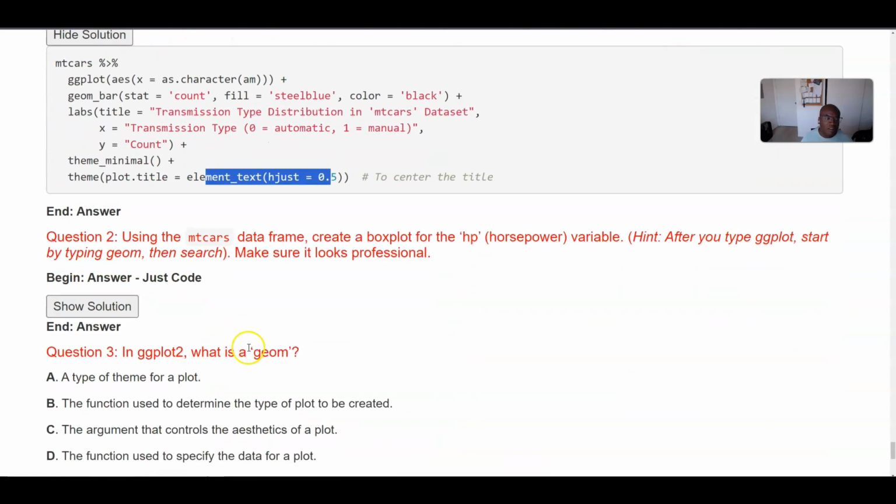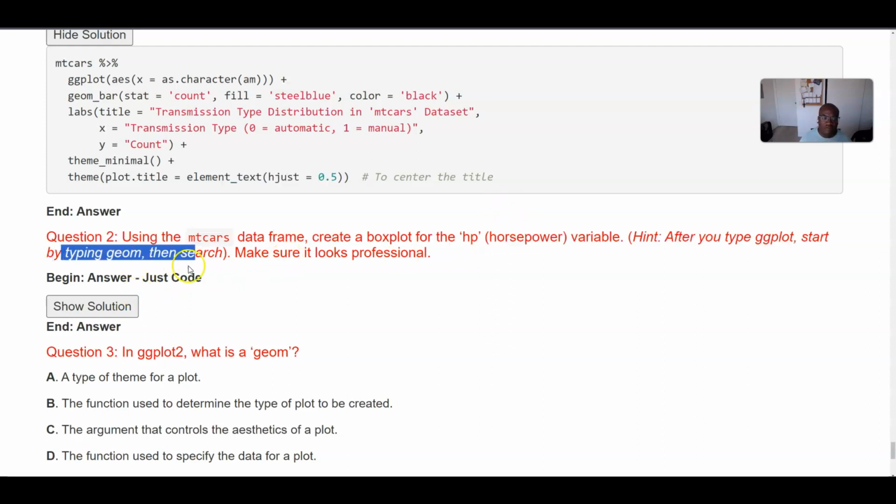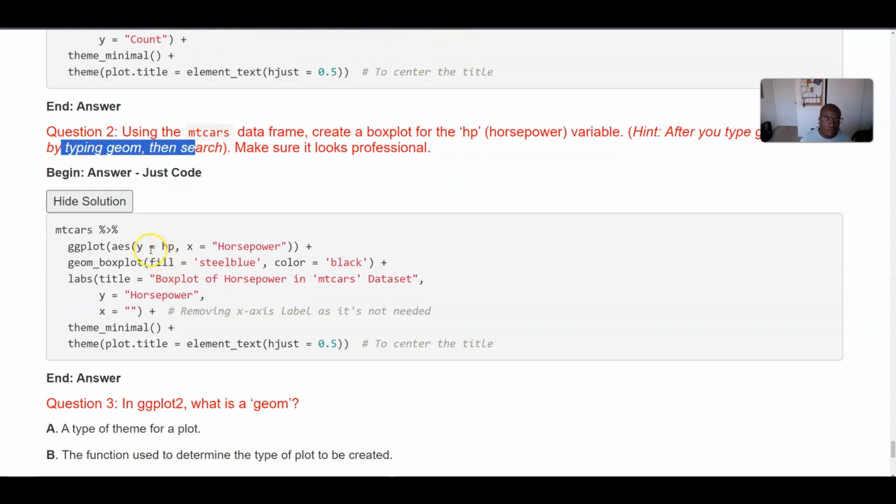Okay. So using the mtcars data frame, create a box plot for horsepower. Okay. Hint, after you start typing geom, then search. Make sure it looks professional. So technically, you already know about box plots, so you don't have to really search, just geom_boxplot. And so